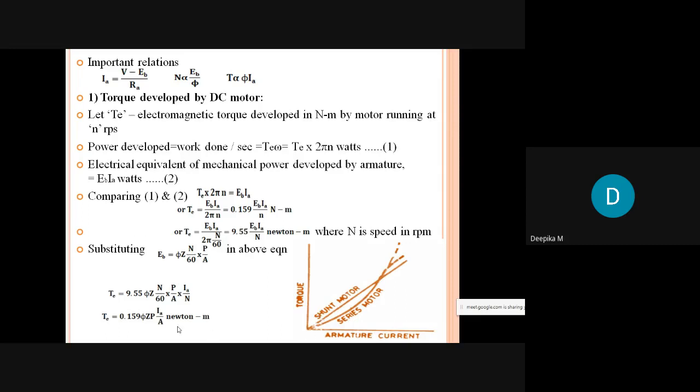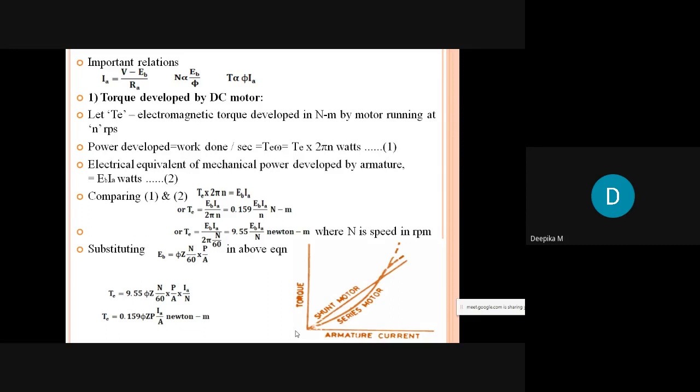Okay, coming to the series motor, again the torque is directly proportional to flux into Ia. Hence the relationship is again directly proportional, but it is not a linear relationship. It is in this way. So this part is nothing but a linear relationship. After some time, what happens? As the core saturates, the flux also becomes constant. Hence, hereafter it will become a constant relationship. So this is nothing but the torque armature current characteristics.